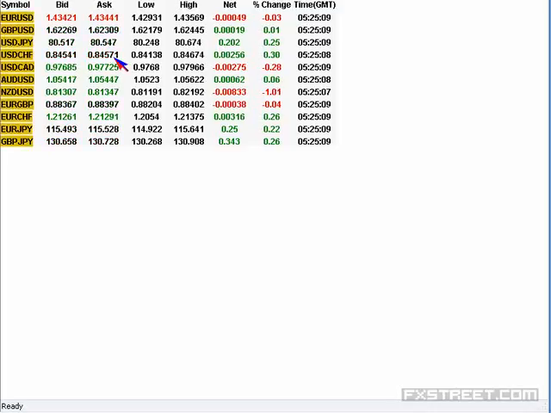Then Jason, what about Australian dollar? Australian dollar, they had dropped to 1.05 area, and they wanted to swing around here. They might make an upward stop as well as a downward stop. So today, because of the thin volume condition, they will try to make an upward stop and a downward stop during the course of the day. So session start may be a downward stop and session close an upward stop and above the high. That is how they could gradually increase the width between the low and the high, because at this moment you find the spread between the low and the high is very limited in most of the pairs.